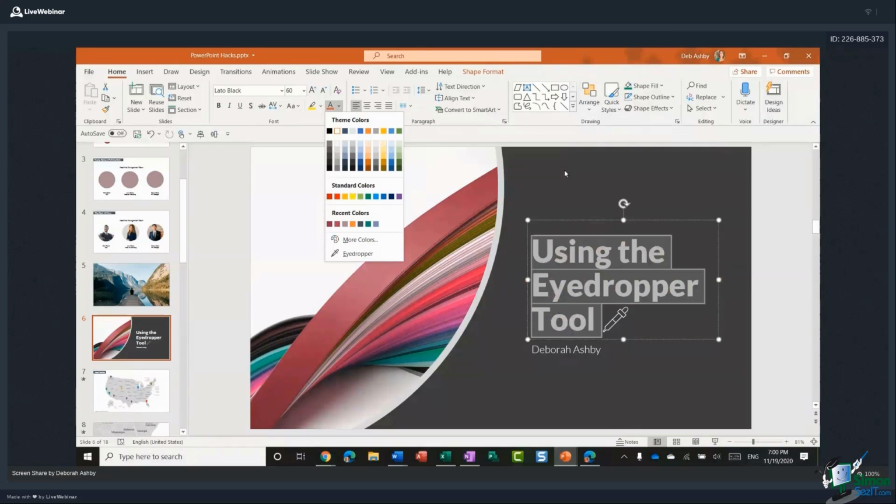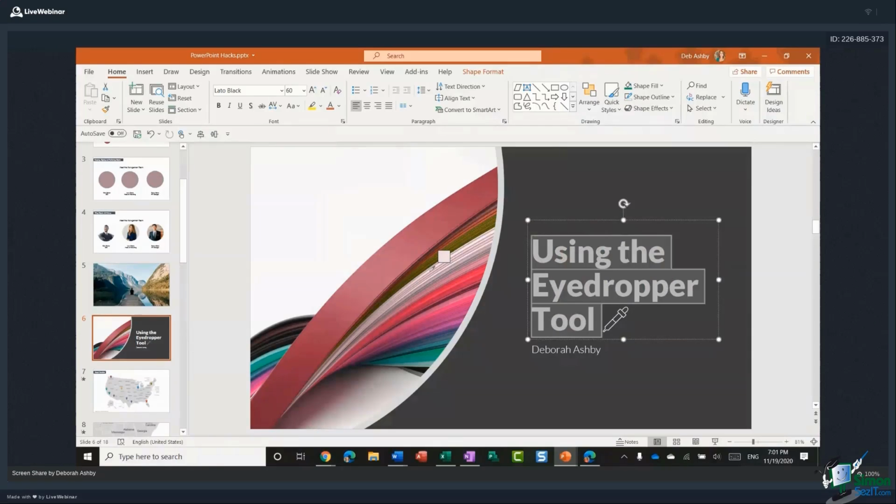So a much better way is to use a color that's already within the presentation. And you can do that by selecting the eyedropper text fill. So as soon as I click that, you see that my icon changes to this little, I think we call those pipettes, if I remember back to school. And when you hover over part of your slide, it shows you the color that's going to be applied to your selected text when you click. So I can essentially pick up any color in this presentation to apply it to that text. So I'm going to go for a light color.